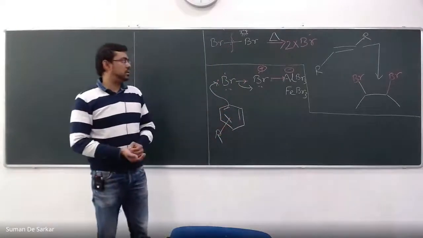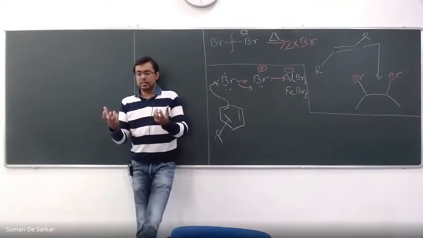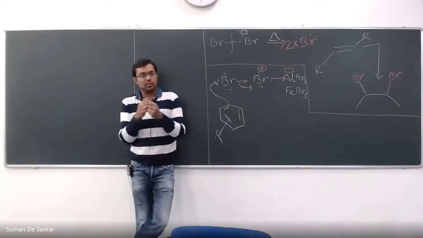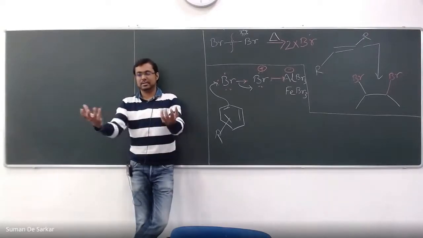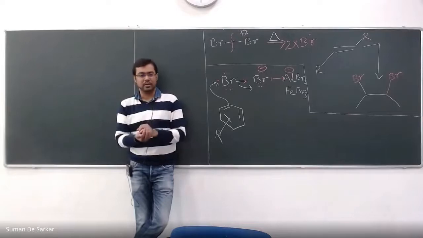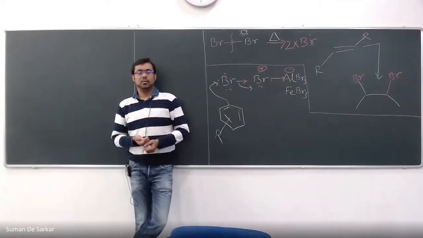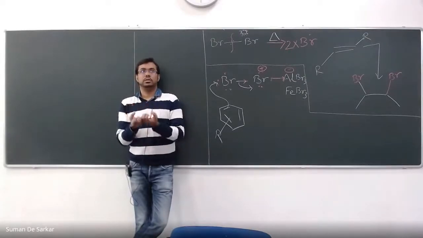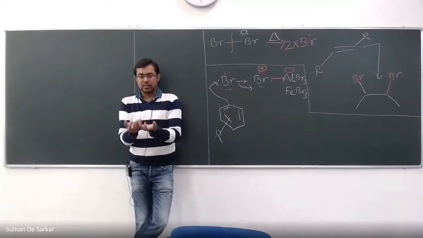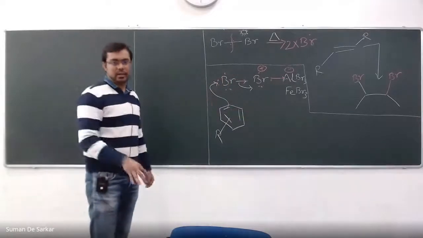These metal salts are pretty hygroscopic. Because these are strong Lewis acids, right? And they really want something with a lone pair of electrons. Water, the oxygen having the lone pair of electrons, so that's why it really likes water. If you just put FeCl3 or FeBr3 outside on an open bench, after some time you will see it catch a lot of water from the moisture in the air, and then it becomes a very sticky liquid. That's why the storing and handling is a little bit tricky here.